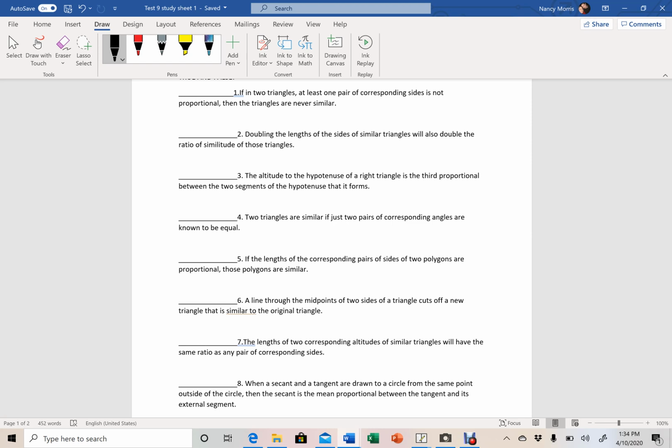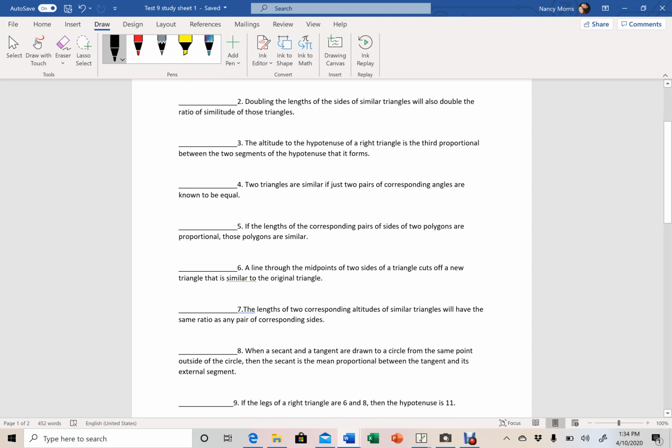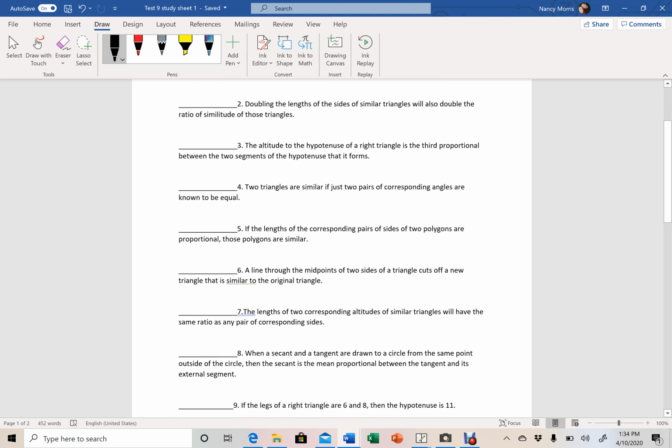Number 6, a line through the midpoint of two sides of a triangle cuts off a new triangle that is similar to the original triangle. Okay, a line through the midpoint of two sides of a triangle cuts off a new triangle that is similar